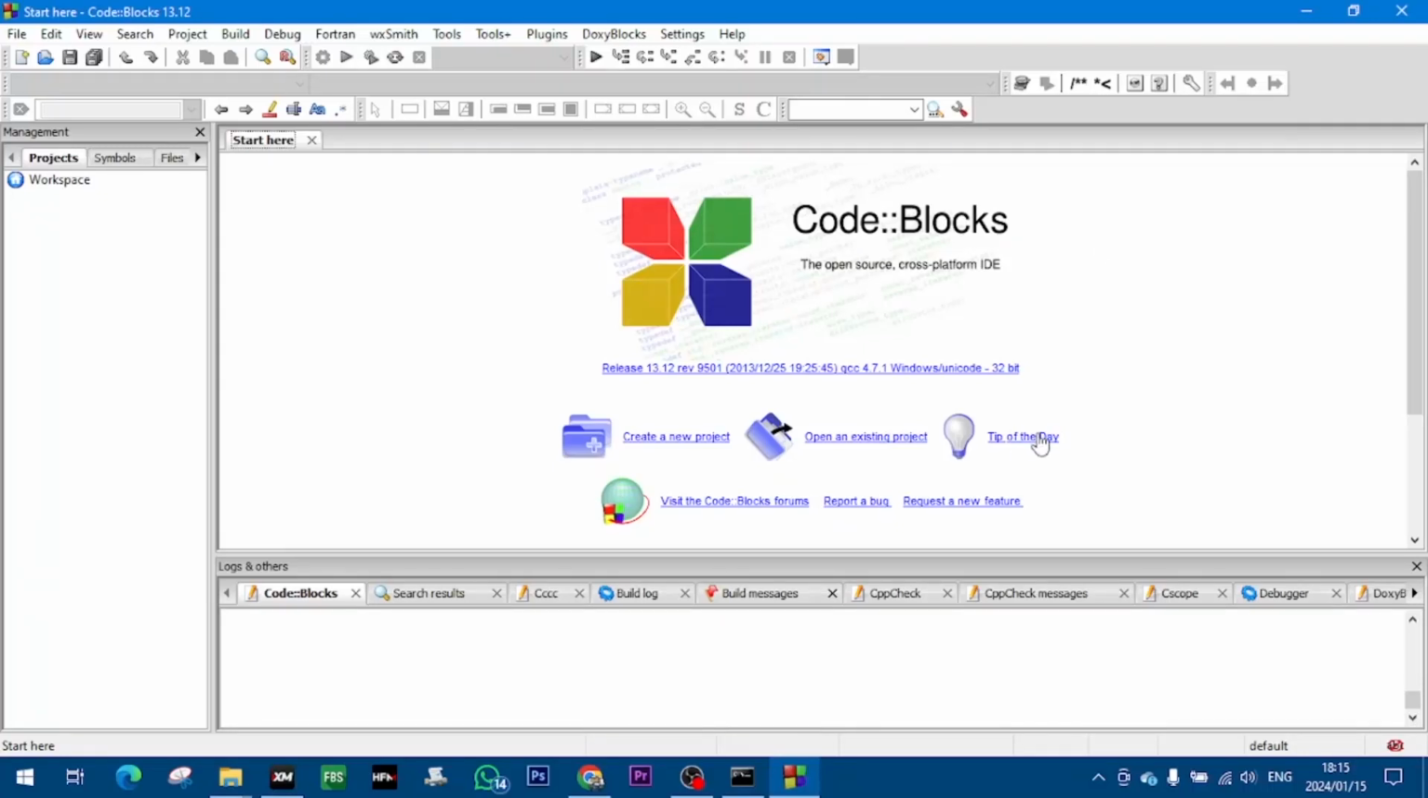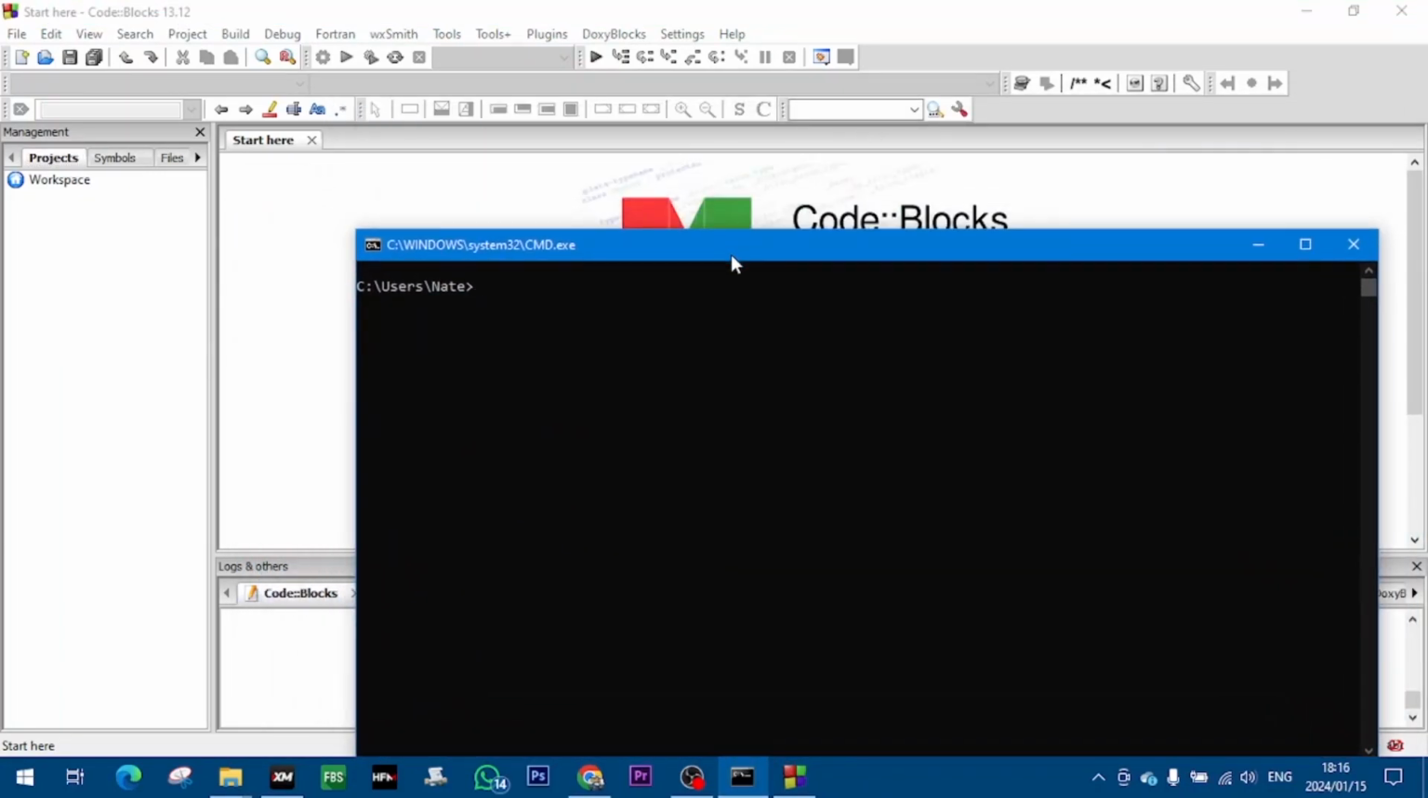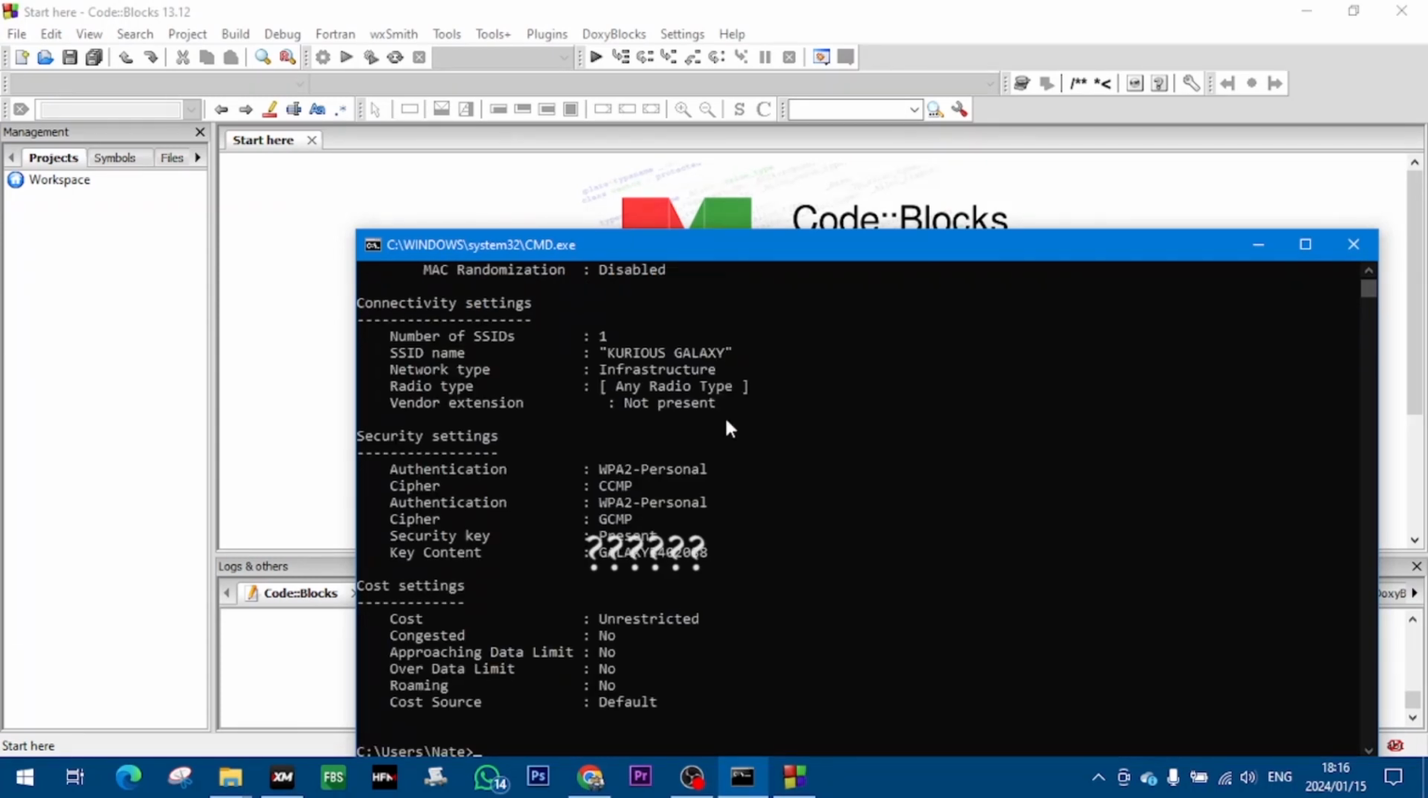Okay, now let me open up a command prompt. Basically the way it's gonna work, we're gonna run this command: netsh wlan show profile, and then here it's gonna be the name of the Wi-Fi, and then key equals clear. We're gonna run this command, but we're gonna run it using C++. So now, as you can see, where it says key content, that's going to be the Wi-Fi password of